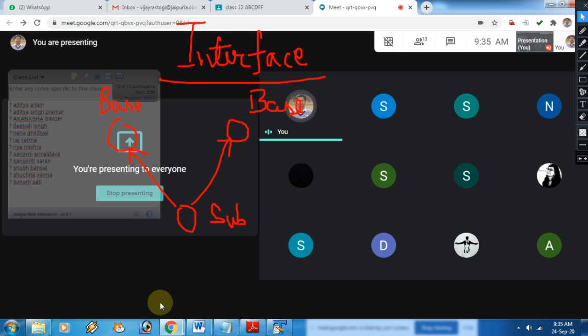Time is getting over. I need to explain this interface also.